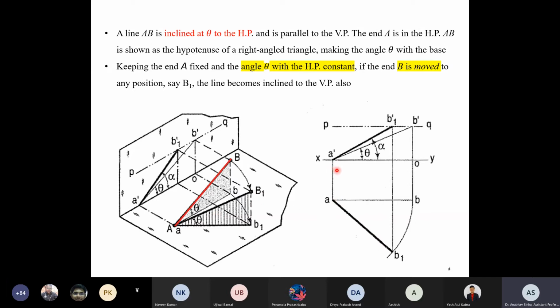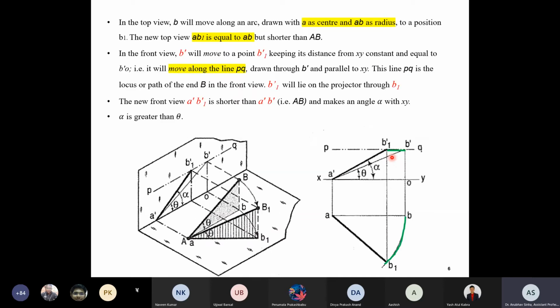Now let us look at the front view. Initially we had a line, we have a front view B1. This was the front view at angle theta. Now once we rotate it like this, the angle will change. The theta we have will remain the same, but the projection will change to alpha. Basically, we are changing this line to this line. The height of this triangle is not changing, right? This height, small b1, is equal to small b. This height will not change, so these projections will be of the same height.